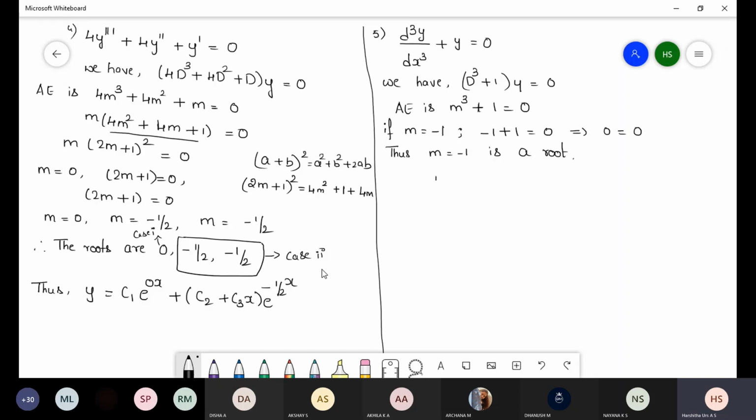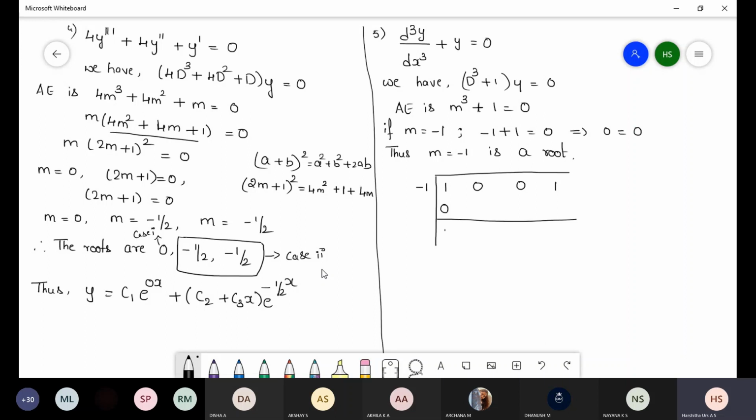Now, in the next line, we have to use the synthetic division method. What is the synthetic division method? First, we have to write the root for which the above equation is satisfied. So here m cube, coefficient of m cube is 1. There is no m square, so I will write 0. There is no m, I will write 0. After m, there is a constant term that I will write 1. While starting the synthetic division, first we have to put 0 here.